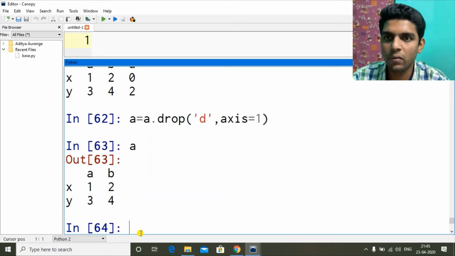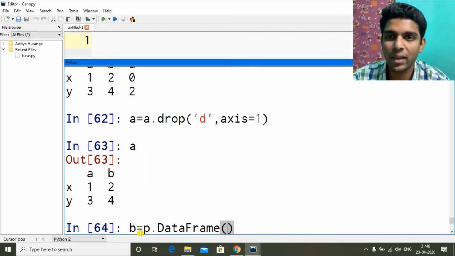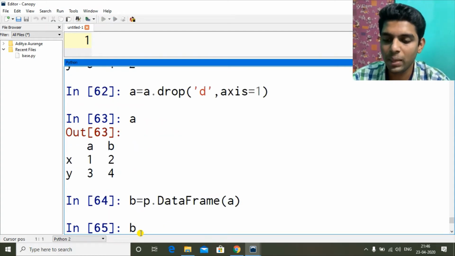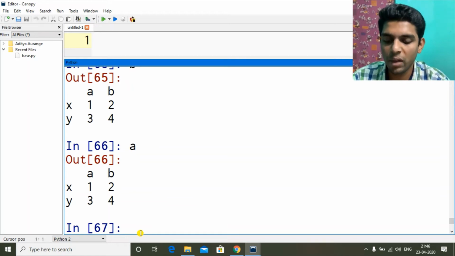Now let's see how we can add one data frame to another data frame. So let's create B equal to a new data frame, pd dot DataFrame, and as I said earlier, we can create a data frame using another data frame. So let's give A only. So now B is same, A is same. Now we have functions like B dot add.